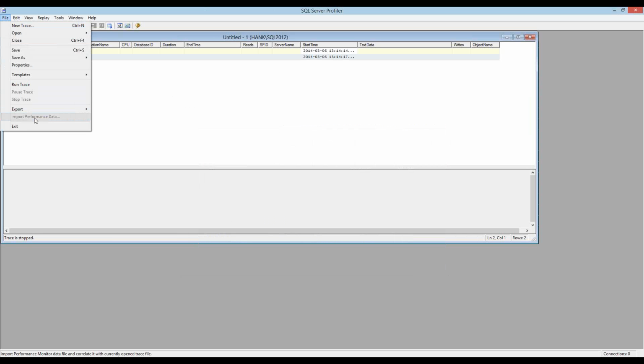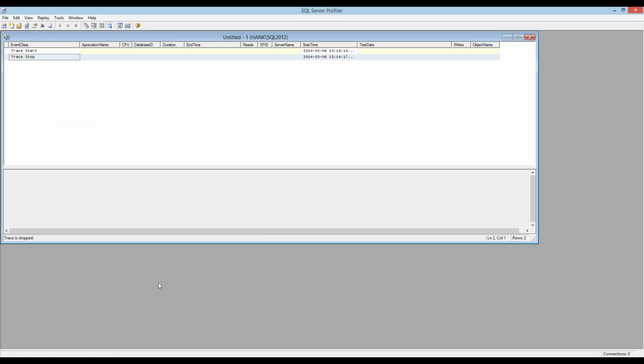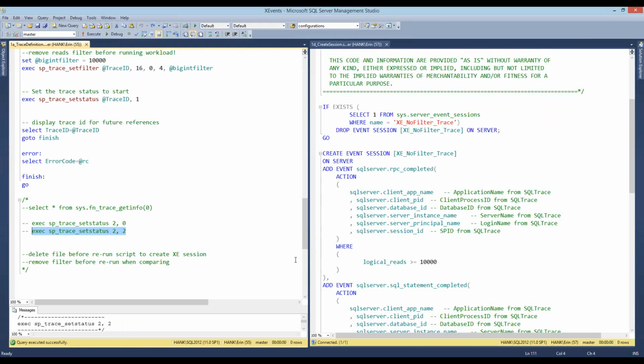So what you have the ability to do is, if you ran a trace and you ran perfmon at the exact same time, you can open up your trace in Profiler and you can import that perfmon data and look at them side by side. You do not have the ability to do that in extended events. And if that was not the question, then please reword it so that I can make sure to answer it.